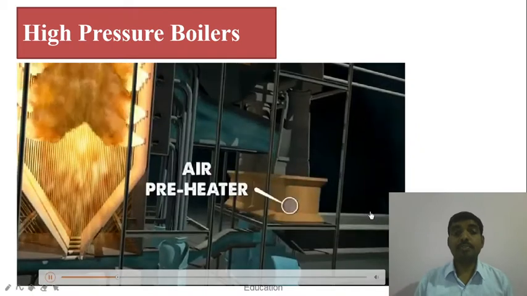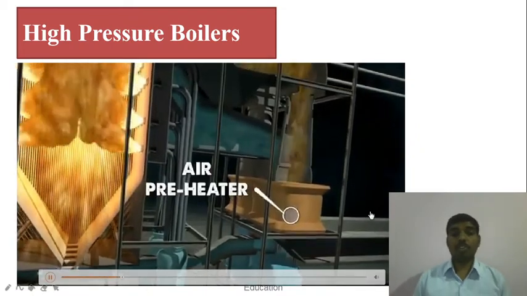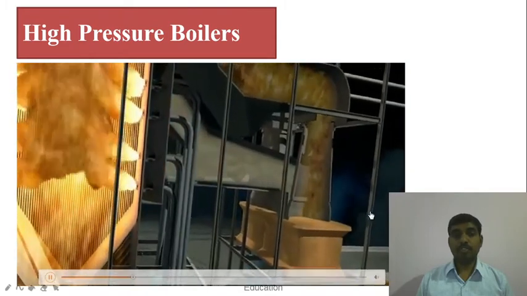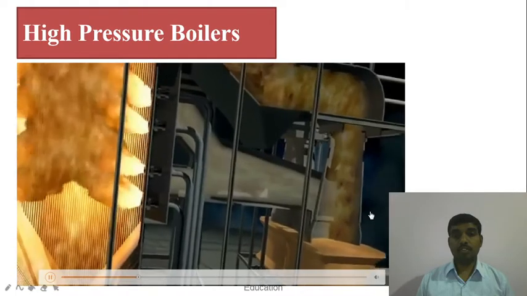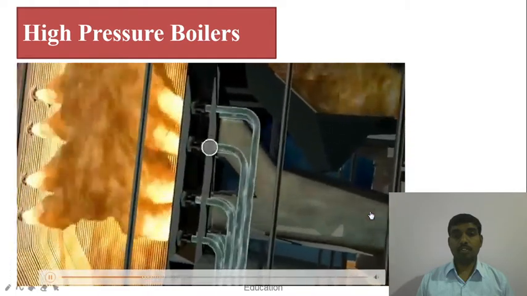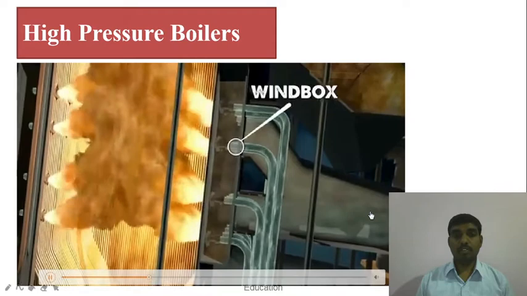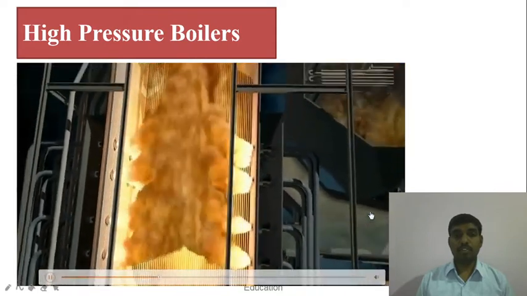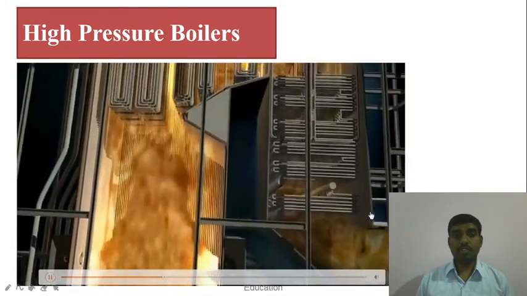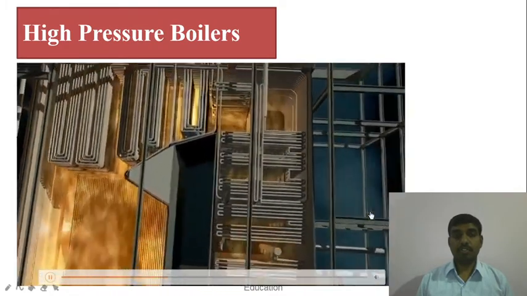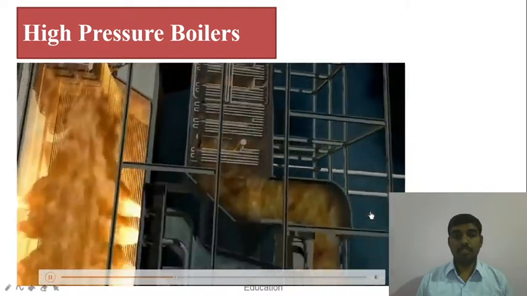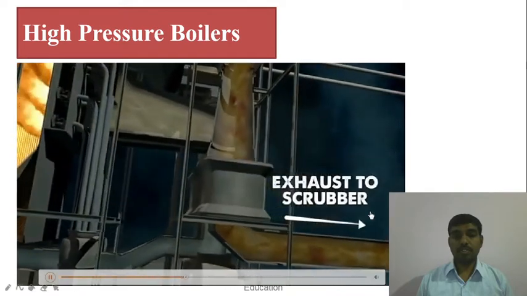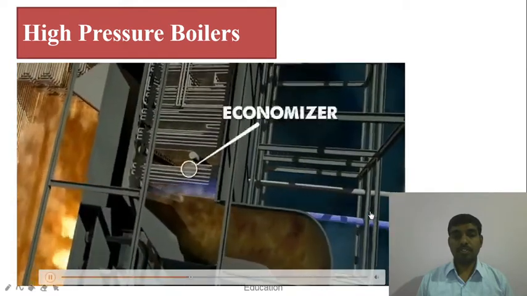passes through an air preheater, which transfers heat from the exhaust gases to the incoming air, raising the air temperature, reducing moisture, and producing a cleaner burn. The hot forced air and coal dust converge in the wind box, where the mixture is blown out through burners and ignited inside the firebox, transferring radiant heat to the water-filled tubes. The hot gases flow upward, heating the rest of the system through convection, before passing through the air preheater and ultimately flow into the scrubber, where pollutants are removed. Liquid water is pumped into the system at the economizer.